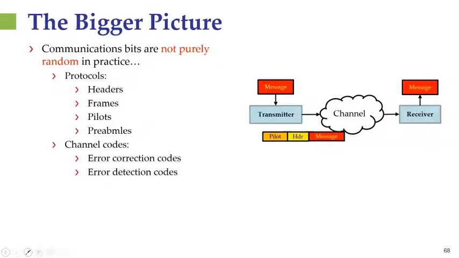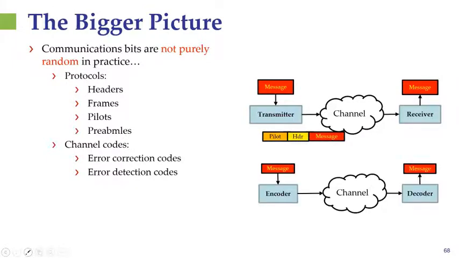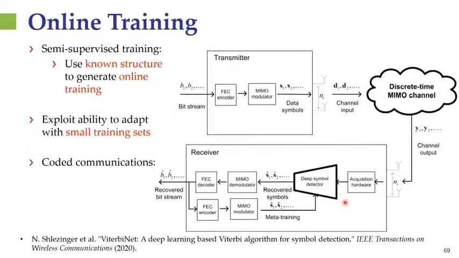Furthermore, the presence of error correction codes can also be exploited. Error correction codes imply that if we transmit a message from a transmitter to a receiver, even if the symbols are improperly detected by the receiver, it may still be able to recover the message by utilizing the presence of error correction codes. How can error correction codes be exploited to facilitate online training? Well, what we're going to show here is that the presence of these error correction codes gives rise to semi-supervised training. To that aim, let us consider a coded communication setup as depicted here.